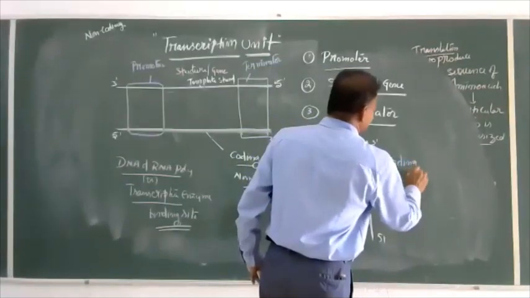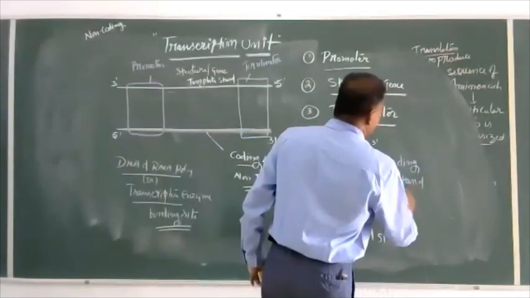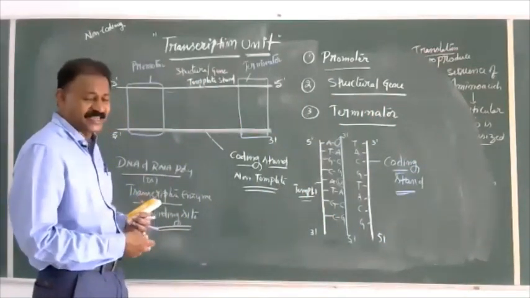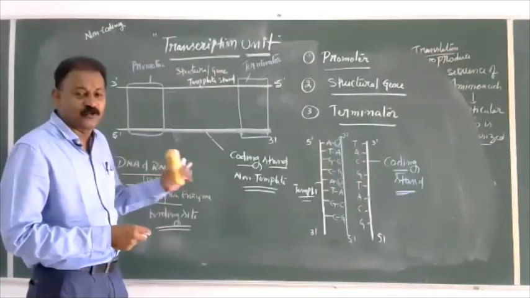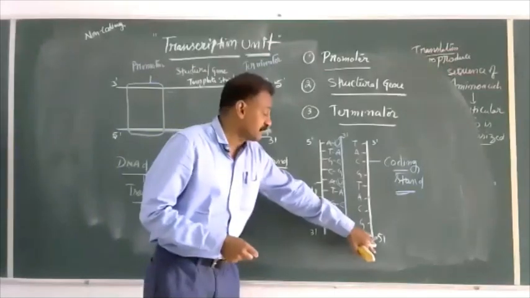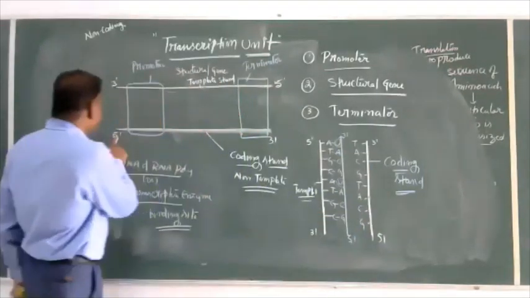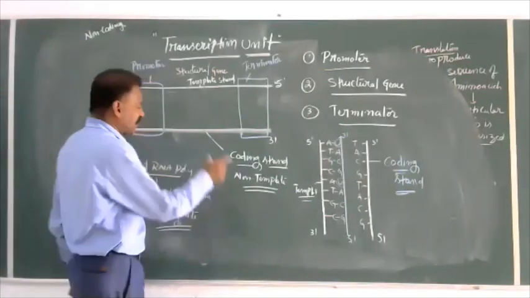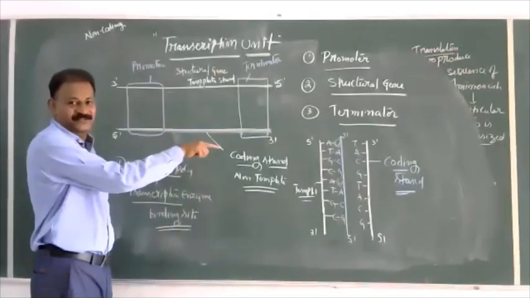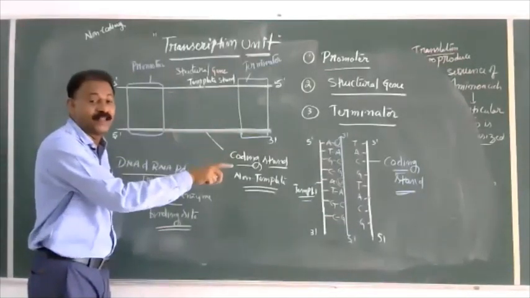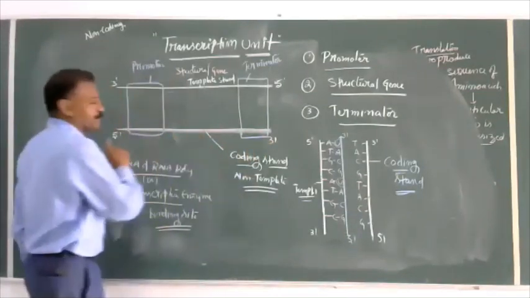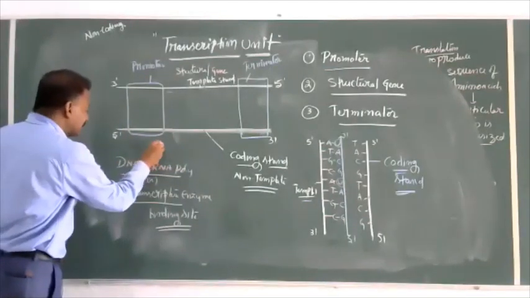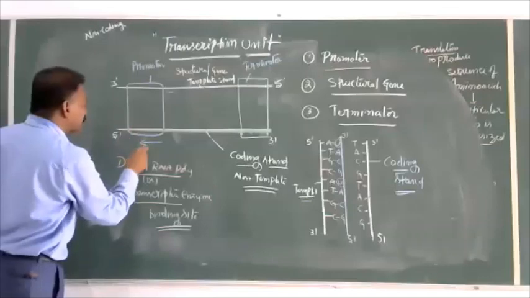And always in a transcription unit, if any further information has to be taken, the reference has to be taken. It should be taken into consideration the sequence of these ends of the coding strand. So coding strand, because it is having similarity with the RNA, it is called coding strand even though it is not involved in the transcription. And always references cited should be with reference to the coding strand's position. So promoter is towards upstream. Upstream means when we are going to 5' end, it is called upstream.